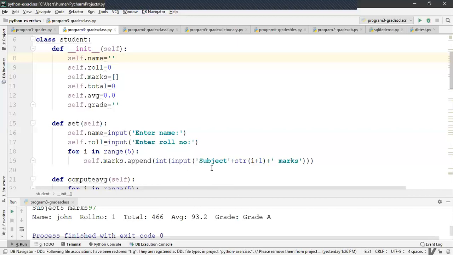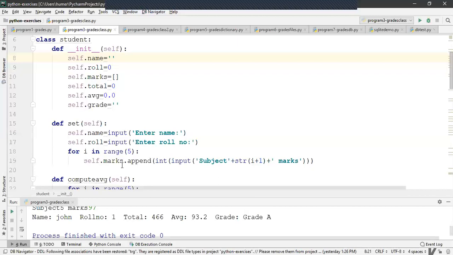So input prompts the user to enter marks 5 times. Str is a function that converts this i plus 1 into string, so that this entire message is a string message printed on the console for the user to enter the marks.